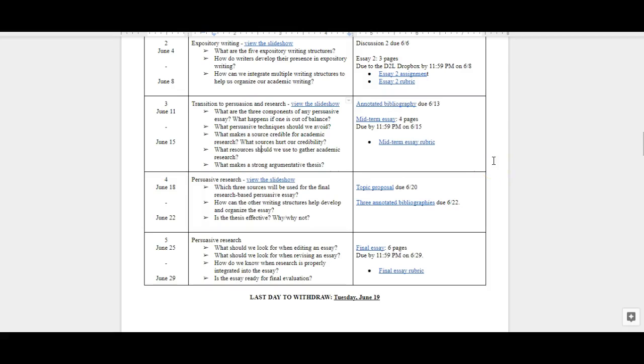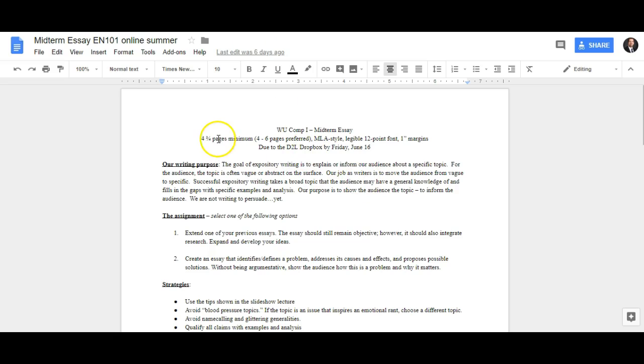The midterm essay is where things get a little bit more exciting because we're also going to be talking about integrating research. First link I'm going to click on will be the midterm essay link. Midterm essay in this case, notice